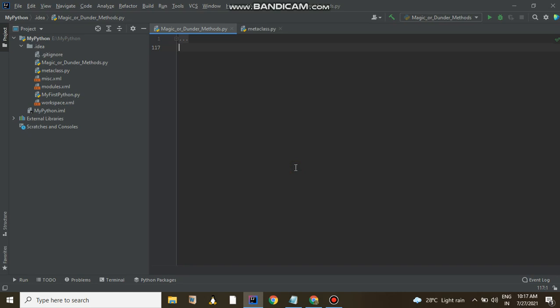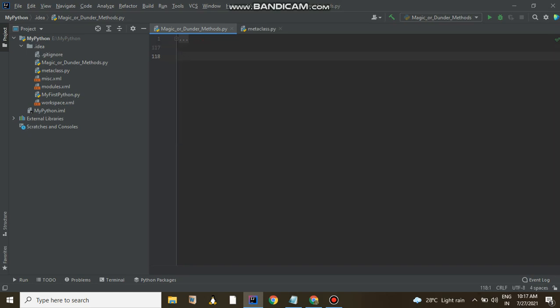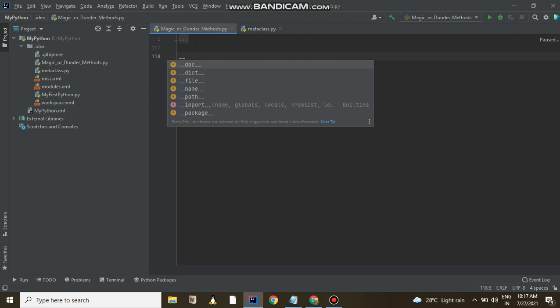In today's lecture we will learn about three more magic methods related to attributes: getattr, setattr and delattr. I am not talking about the get method fully, but __get__ is one magic method, similarly __set__ is another, and __del__ is the third one. So these three magic methods we are going to cover in this particular video. First we are going to learn about __getattr__.